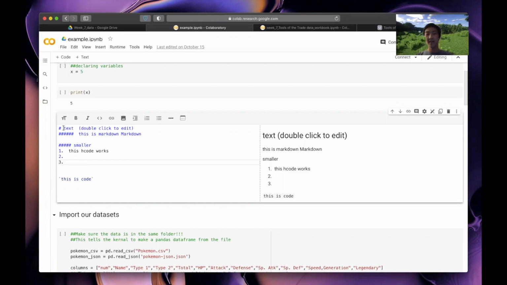So you can see the relationship between, say, this line, where you have a pound symbol or a hashtag, and then the word text, and then within parentheses, double click to edit. And then over here, you have just the text. You don't see that hashtag or pound symbol. But you'll notice that this line is a lot bigger in terms of its font size than the other lines over here, right? And you'll notice that, say, these 3 lines that are preceded by the 1, 2, and 3,